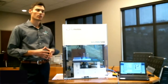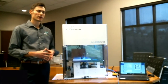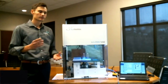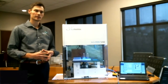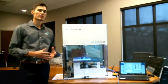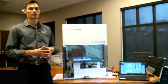The unit's also compatible with a wide range of tube types, from as small as 0.5 milliliters to as large as 50 milliliters. Processing speed is approximately 425 tubes per hour, so it's very fast, and it gives you a lot of walk-away time. We also offer a variety of label sizes, and the labels are resistant down to cryo temperatures, LN2. The unit also comes with easy-to-use software, which allows for label design as well as run setup. Information that can be printed on the labels includes text, barcodes, and images, and the unit can also work with work lists for customers that want to print sample-specific